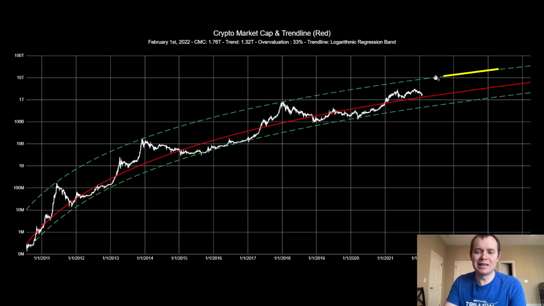So again, I'm not saying that we have to hit it at that point. It's just that this model shows that the earliest allowable $10 trillion asset class would be about Q3 of 2022. That would be the earliest allowable, but it's probably not the most likely, and the most likely is somewhere out over here. So at the end of the day, I do expect the asset class will trend to approximately $10 trillion, plus or minus a few trillion.